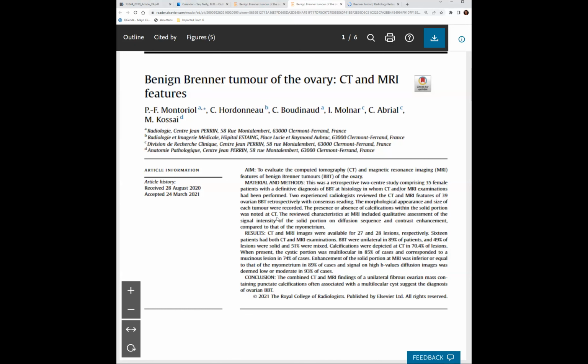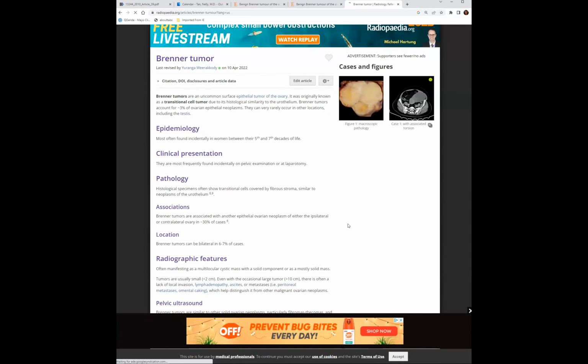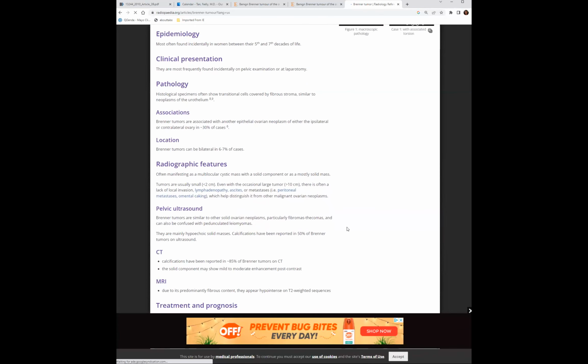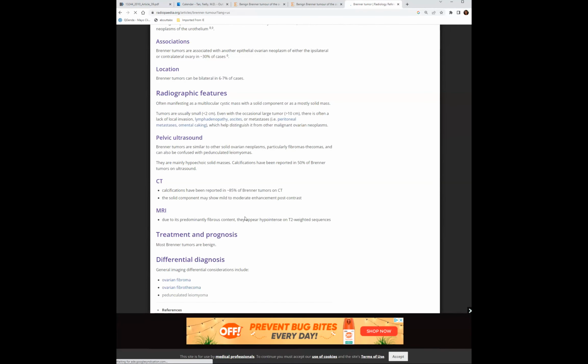While Aarti was talking, I Googled it. Sorry, I don't want to reference Radiopaedia because I know we have some viewers who are pro peer-reviewed papers, but yes, like Aarti already mentioned, on T2 it's hard to differentiate, but it turns out Brenner tumors often have calcifications in the majority of cases. I don't know that helps, but I don't think calcification was a feature of